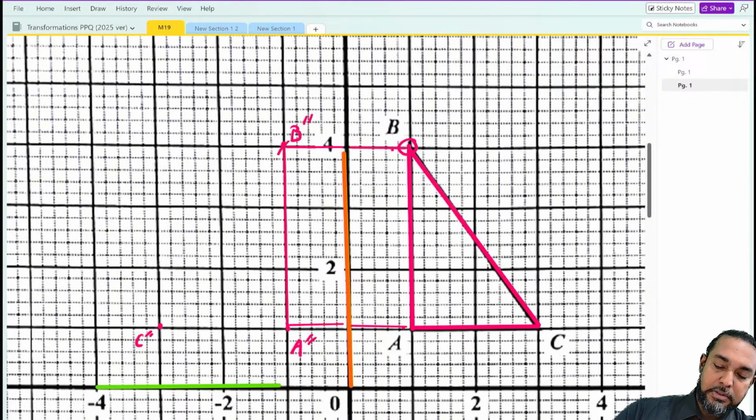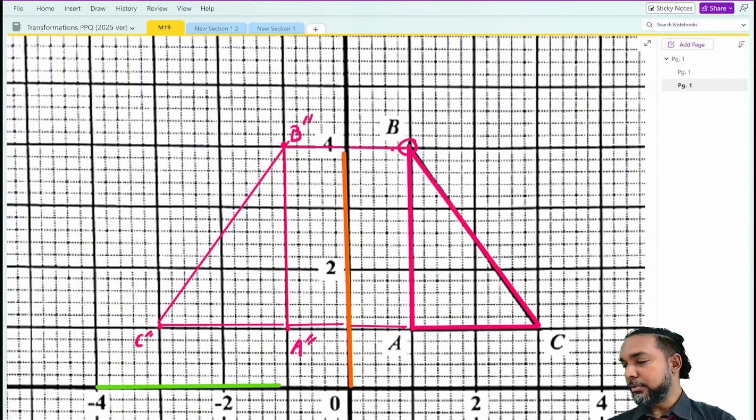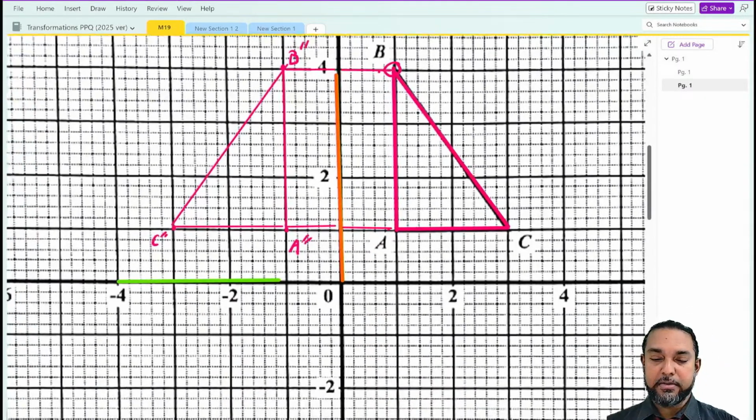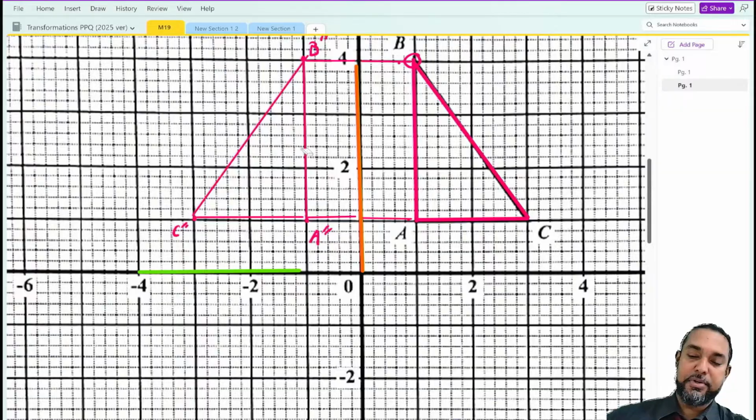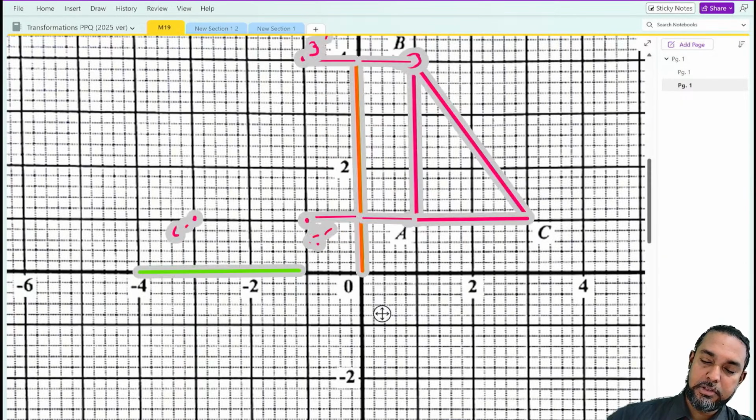All right, and now we'll close it up. So we just reflected the slightly thicker pink one from the right to the left. So it's a reflection in the y-axis. Sorry, one sec. All right, and now to reflect, actually, no, let me change the color. Yeah, that's fine.